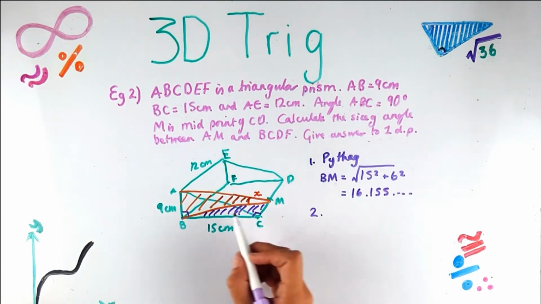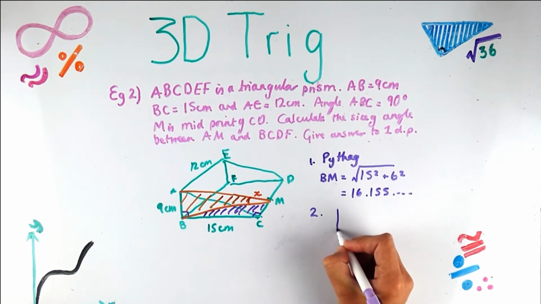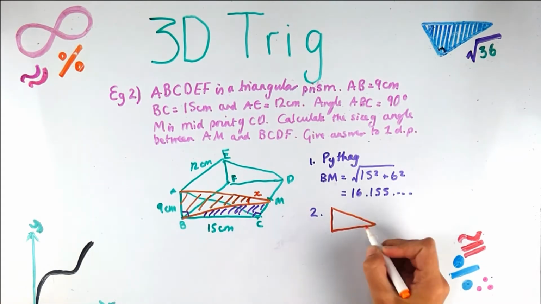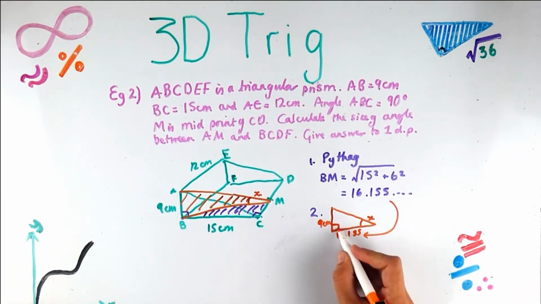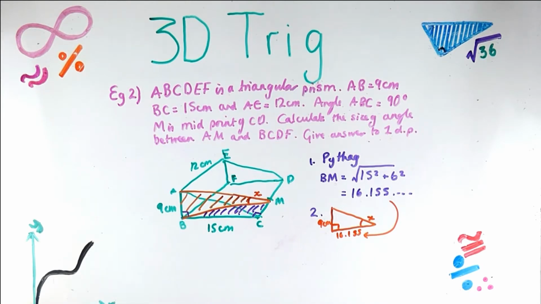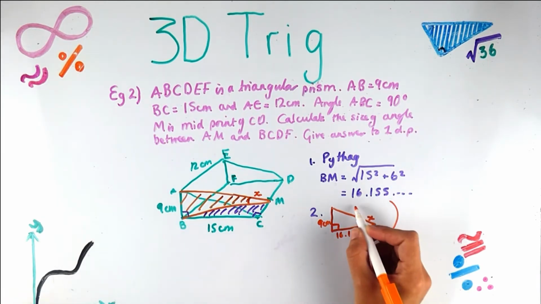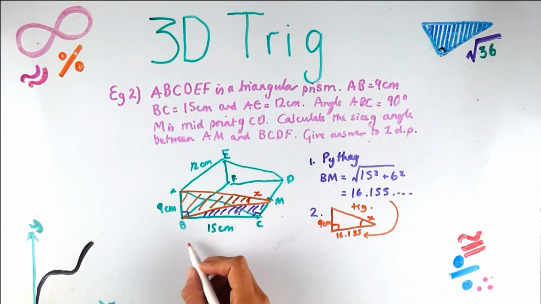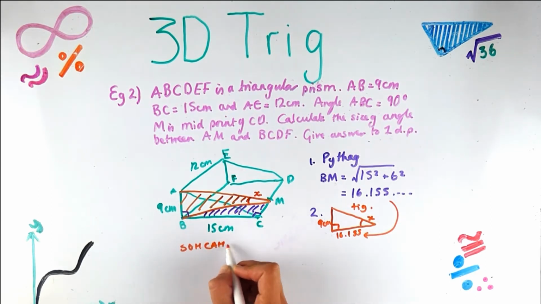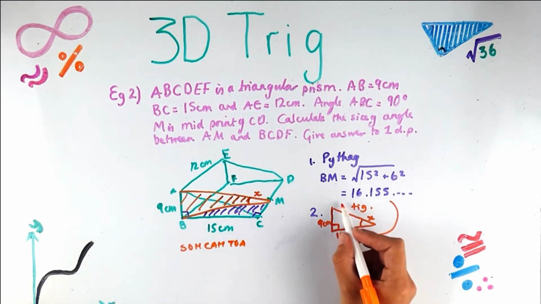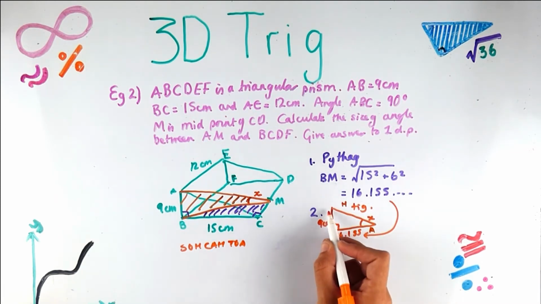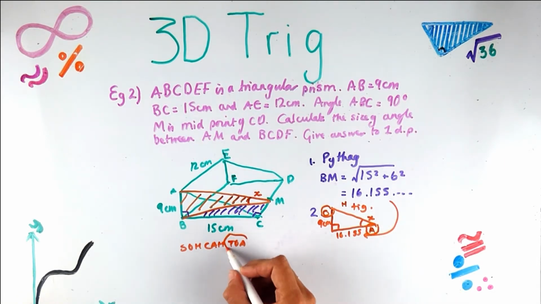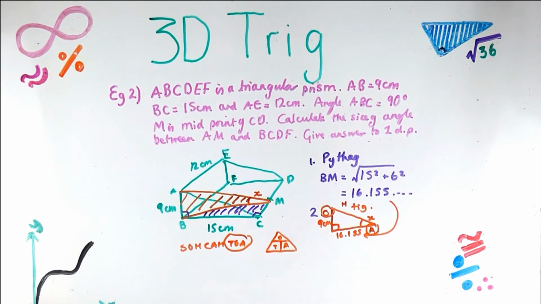Okay, so step 2, we've got the size of this angle. We'll draw out the orange triangle just to make things clear. Remember, we're working with right angle triangles in these examples, and we're using trig for this orange one. Okay, so SOHCAHTOA, we've got the hypotenuse, the adjacent and the opposite. Again, similar to example 1, we've got O and A, so we're using